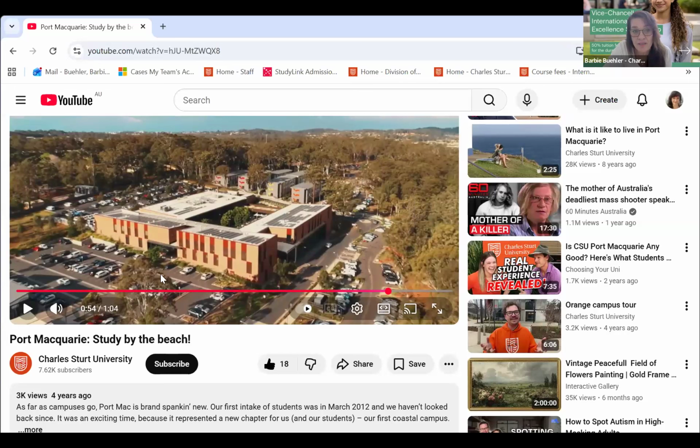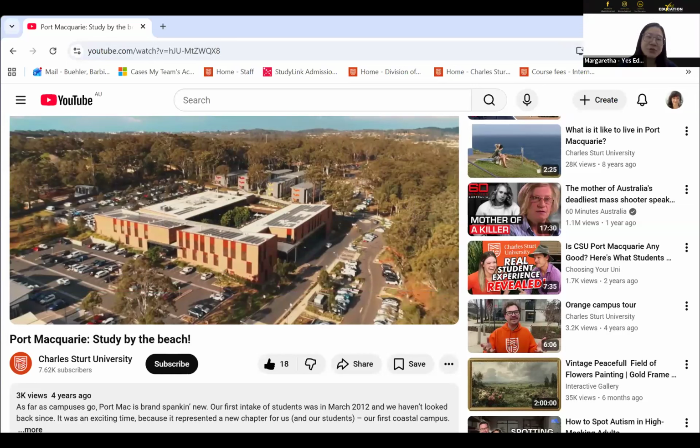The bus stop is here. This takes them into town. The bus runs every 20 minutes or so. So it's a very, very beautiful lifestyle for students. Yeah, they can do the morning run and enjoy the sunrise on the beaches. And you were there not long ago, so you actually got to see firsthand and experience the campus life and the surroundings and also the beaches.